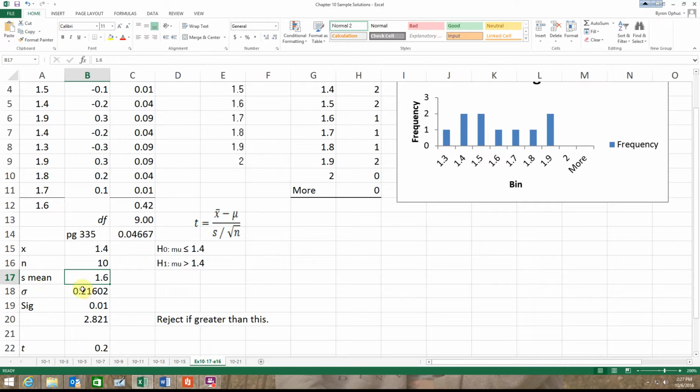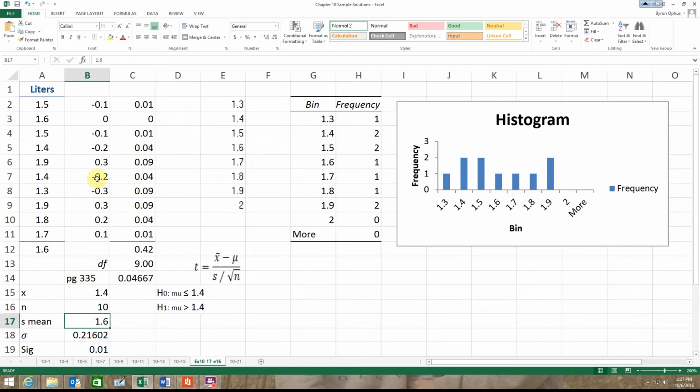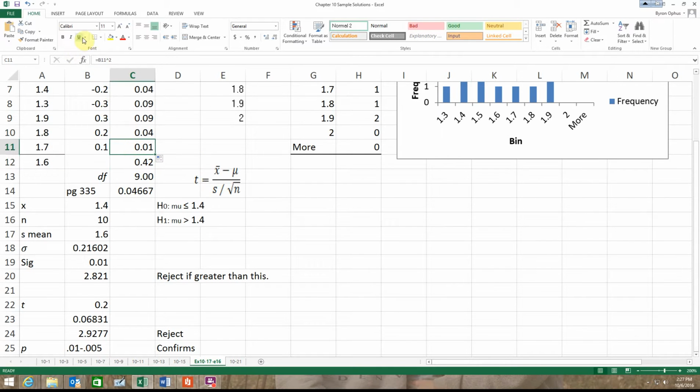Okay, and then I got to calculate my standard deviation of the sample. So I do that in the way that we have done it. That one minus my mean, and oops, I got to put the dollar signs there. Hit the F4. Okay, and then I can just carry that down. Okay, then I can square that to the second power. Okay, and carry that down. Okay, then when I get a total on that, remember,